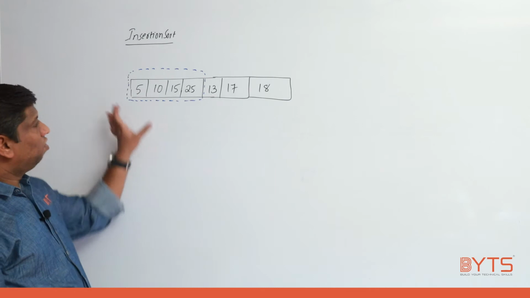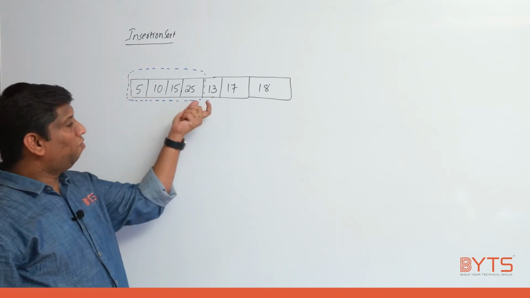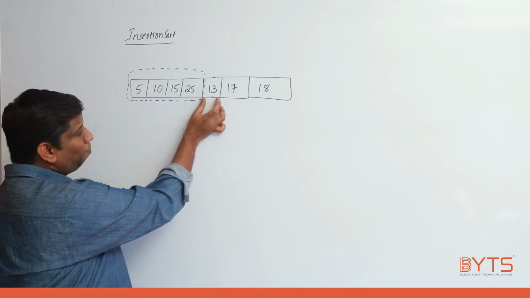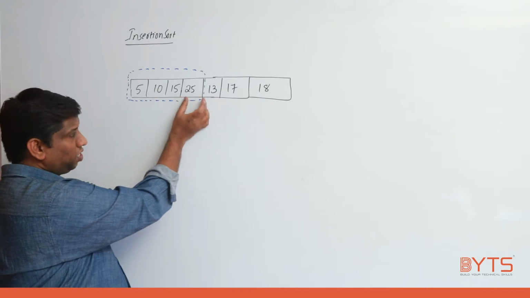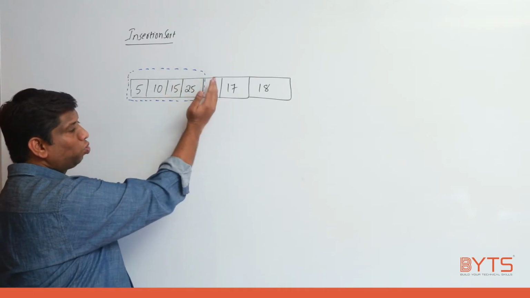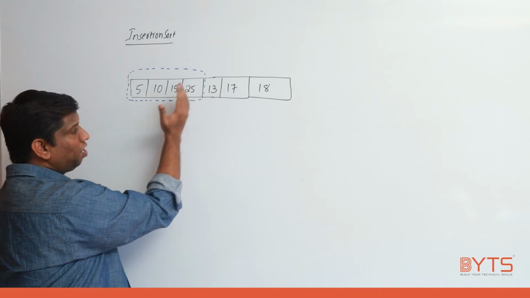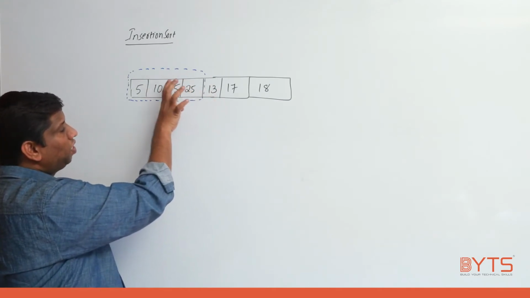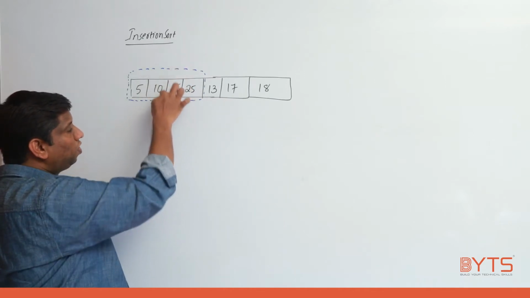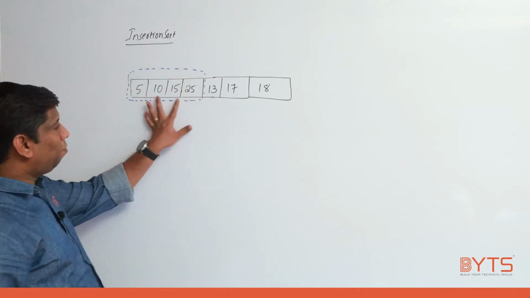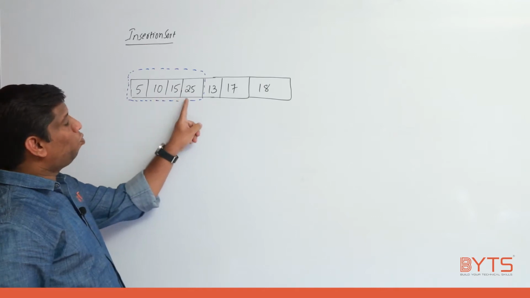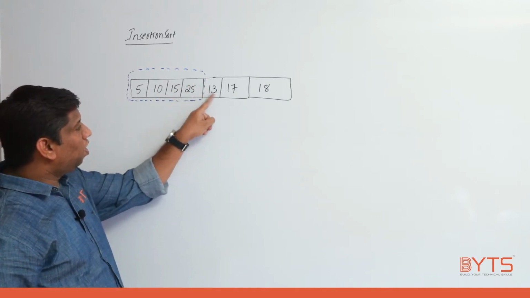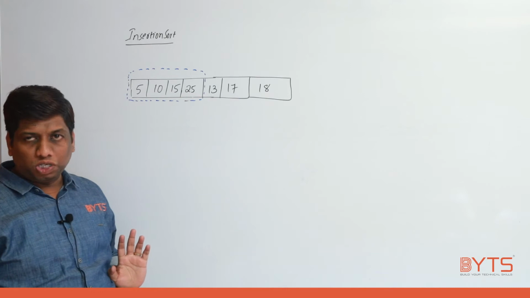Already let us take 4 cards are sorted. Now you have 13. What will I do? I will compare 13 with 25. Yes, 13 can move here, 25 should come here. So 13 is standing somewhere. Still 13 is with me only. Next, 15 also can come here. Next I will compare 10. No. So this slot I need to empty by moving 25 to here and by moving 15 to here. I hope this is very clear.